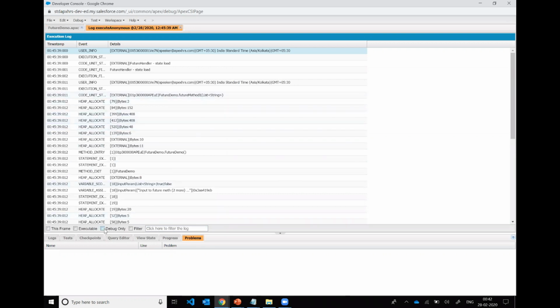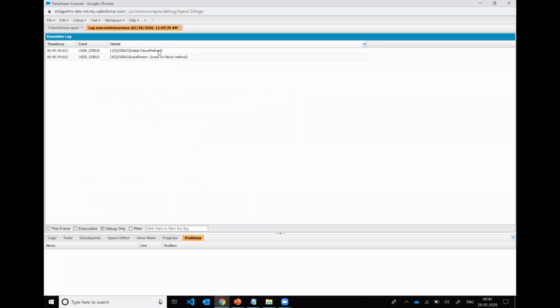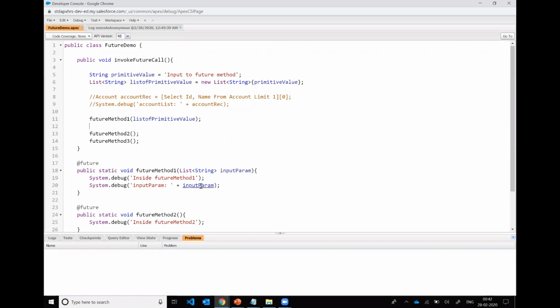So it executed, and because I passed a string parameter, the string parameter actually got passed over and got printed over to this future method. However, now let's quickly check out the behavior when we are really trying to pass non-primitive types. In this case, I'm trying to pass account record, which is an sObject type, essentially a non-primitive type, right? So I'm going to just say account record, print, and then I'm going to comment this and quickly change